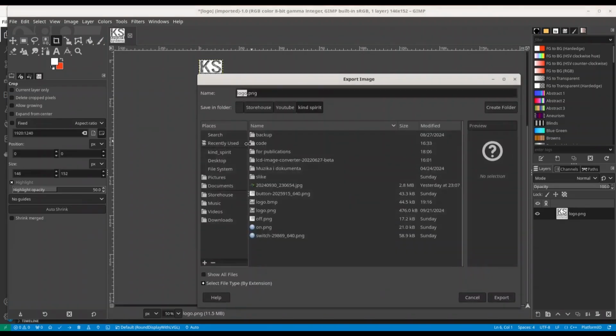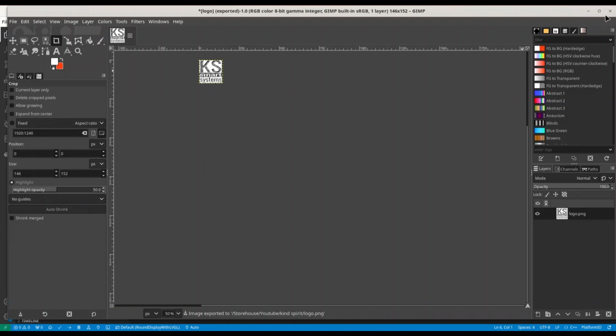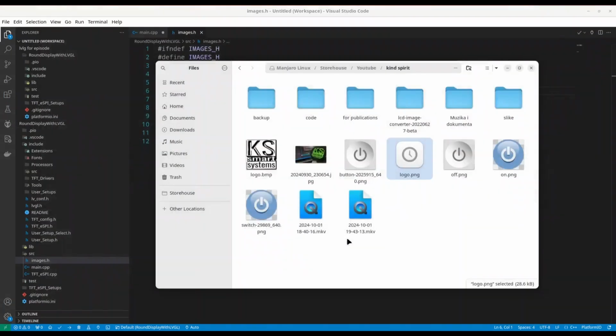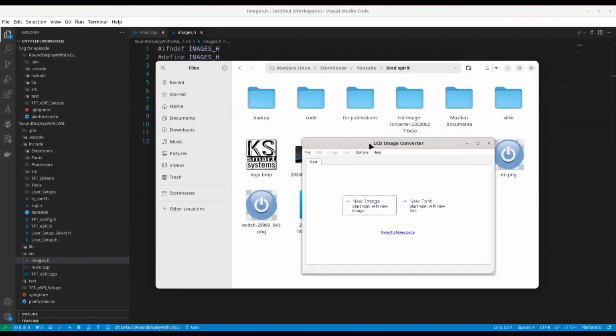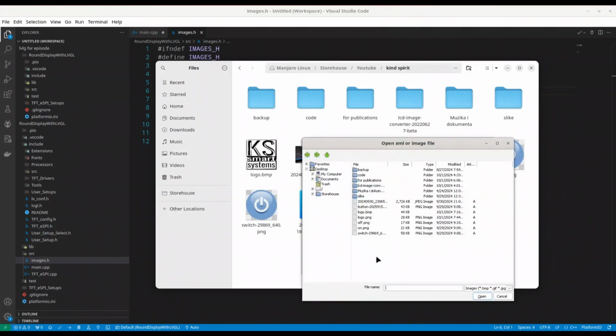Okay, Control Shift E, export, replace, compression level, okay, export, and I don't need this, discard changes. All right, now I'm going to open my LCD image converter, and I'm going to say new image, file, open,